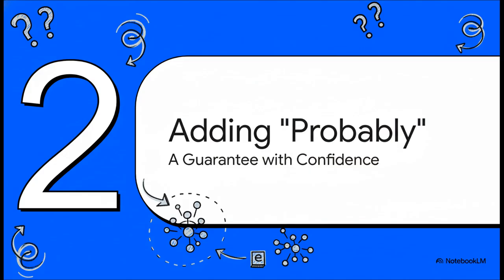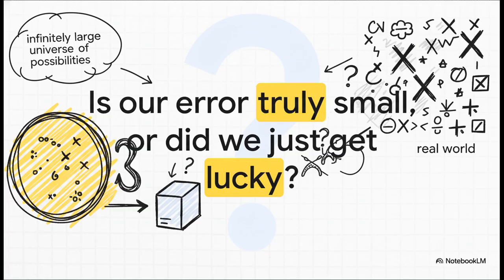We're training on a random set of data. What if we just got super lucky? Or even worse, what if we got a really weird, unrepresentative sample? That brings us to the second part of the puzzle. This is where the probably comes in. Think about it. The data we feed our model is just one random scoop out of an ocean of possibilities. We could have easily scooped up a sample that makes our model look like a genius in training, but then it totally faceplants when it sees the real world. How do we guard against that?